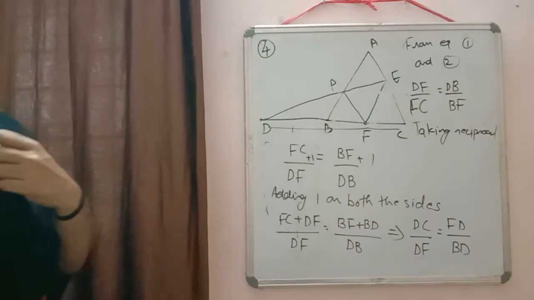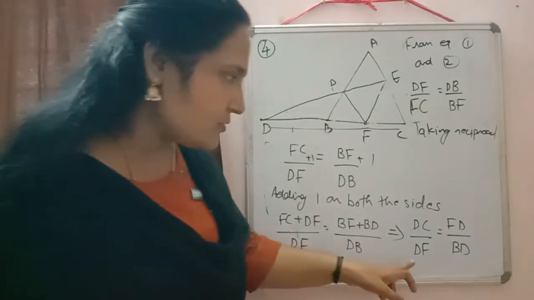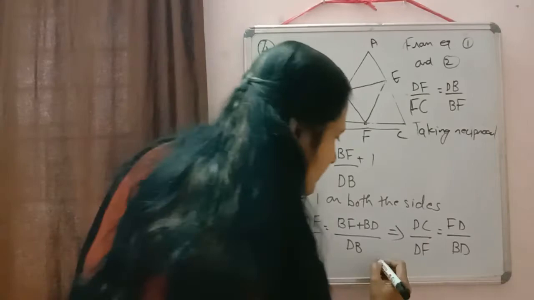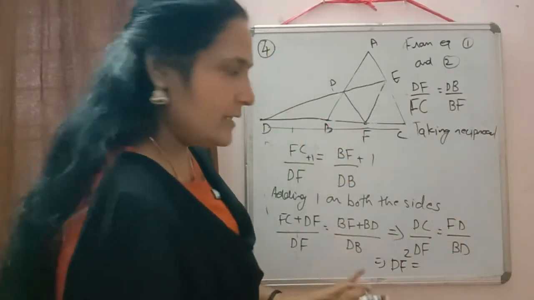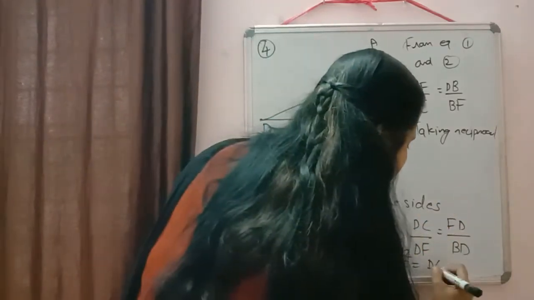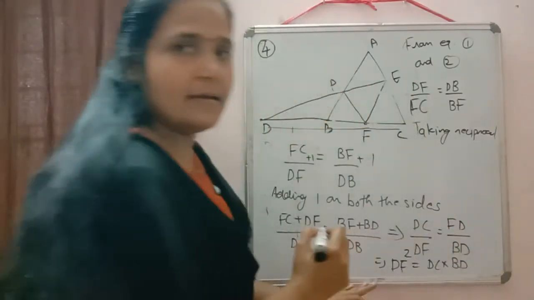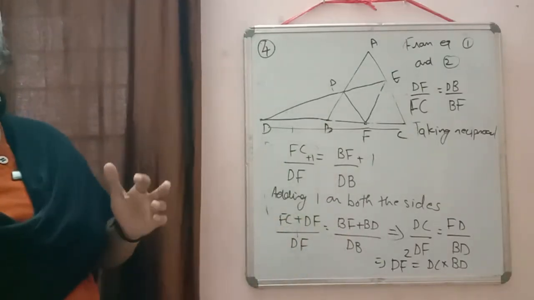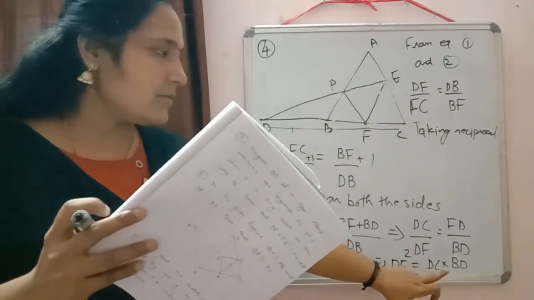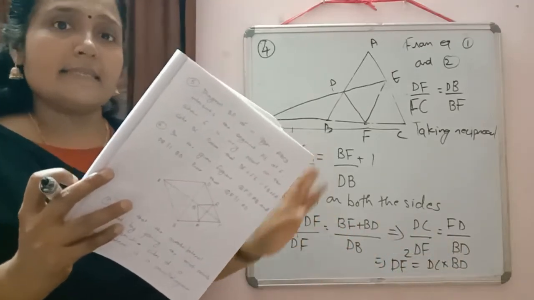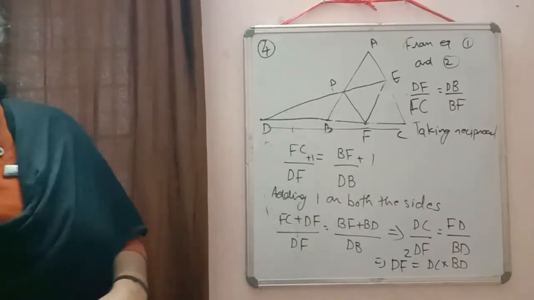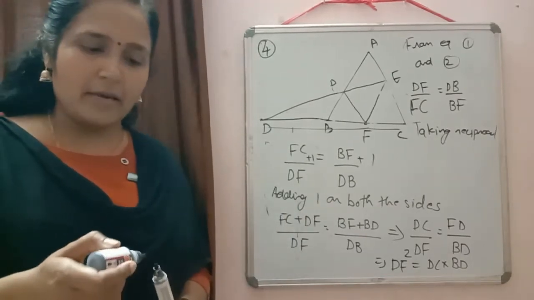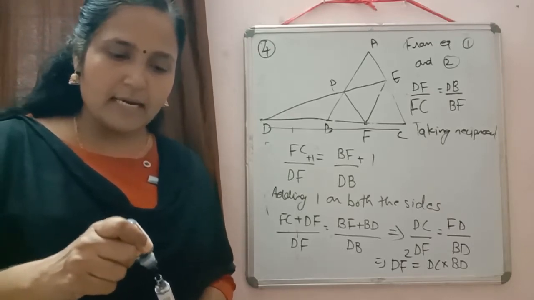Now in the proof, how do we need it? We need DF square. So you can do the cross multiplication. Then it will be DF square. DF and FD are the same. DF square is equal to DC into BD. These are the things we need here. DC and CD, you can write anything, both line segments are the same. So whenever you are proving anything, just check what sides we need in the proof and do accordingly. Are these questions clear to you?